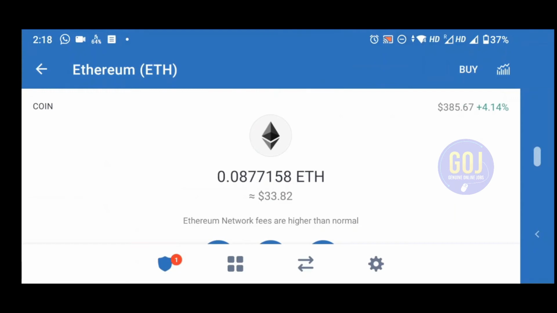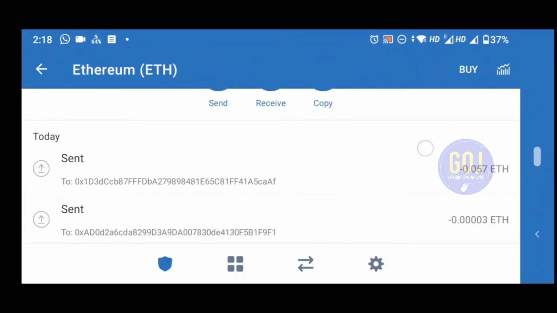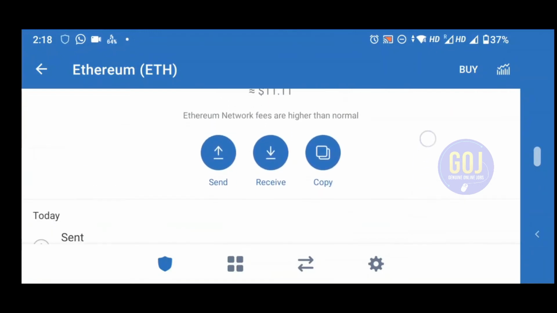The transaction is pending, so it will take a minimum of 5 to 15 seconds. You should wait here for some seconds. The pending transaction will be cleared. Yes, the pending transaction has been cleared and it's sent.